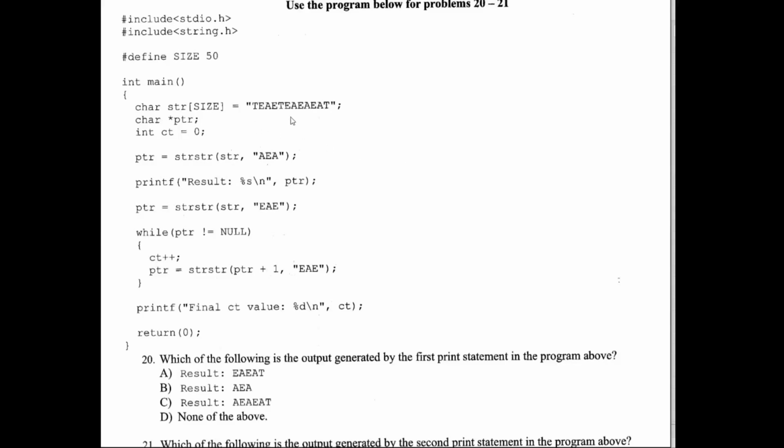to variations of spelling on T. We have the string command, which checks for the occurrence of the second string in the first string. So if we look at this first line, actually, let's look at the question first. It asks, which of the following is the output generated by the first print statement in the program above? And what that's doing is it's printing a string that is pointer,